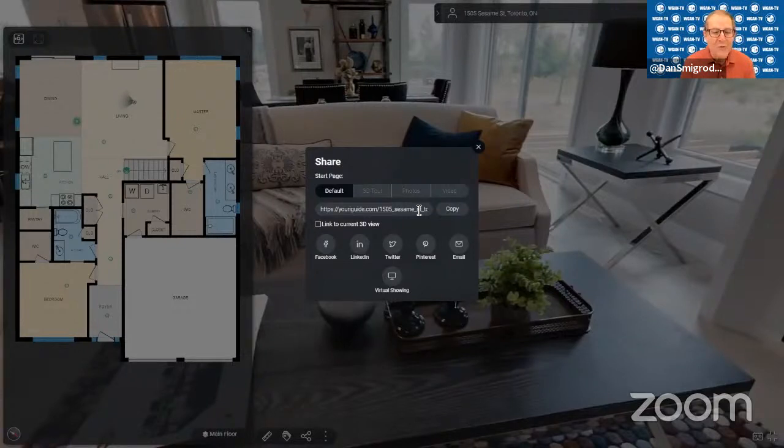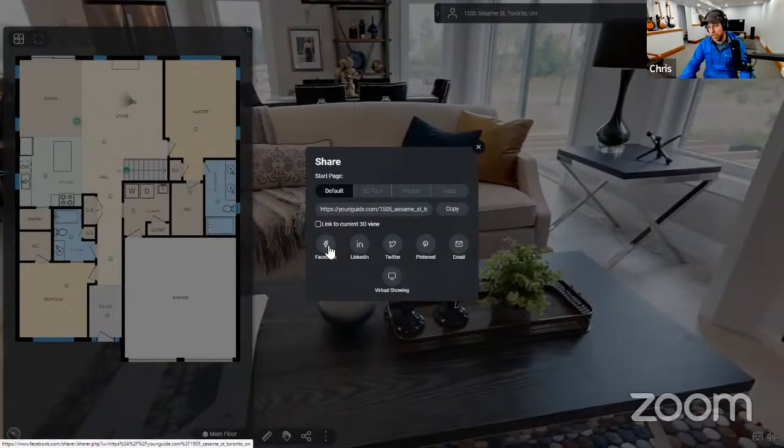Okay, so sharing can be either a 3D tour, photos, or video, and when you share a 3D tour, you can go to a specific point. And then in Facebook, LinkedIn, Twitter, Pinterest, email, I presume they automatically pre-populate the social media. They do. That's exactly right. Here, I'll click it and we'll see if it works. Hopefully I'm not logged in. It won't work. But if I click on the Facebook link, for example, it will pre-create a Facebook post for me. I don't have to do anything other than click submit. And that's it.